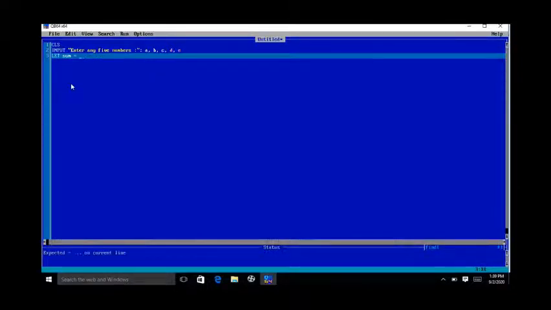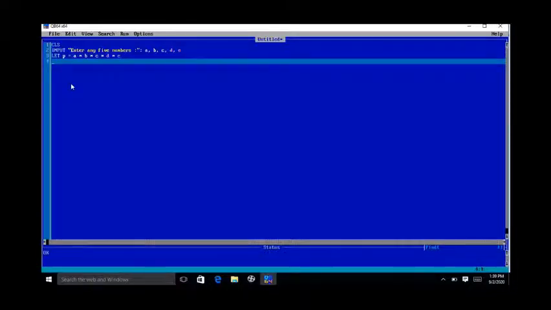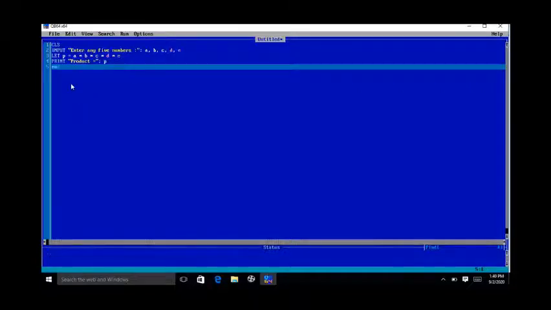The second example was to input 5 numbers and to find the product of those 5 given numbers. So here we have to just write let P is equal to A multiply B multiply C multiply D multiply E, and then in the print statement we will print the product of these 5 numbers, semicolon, and the variable which holds the product, and then end.